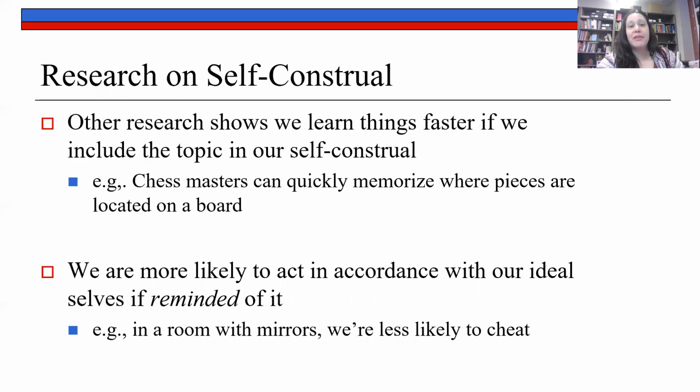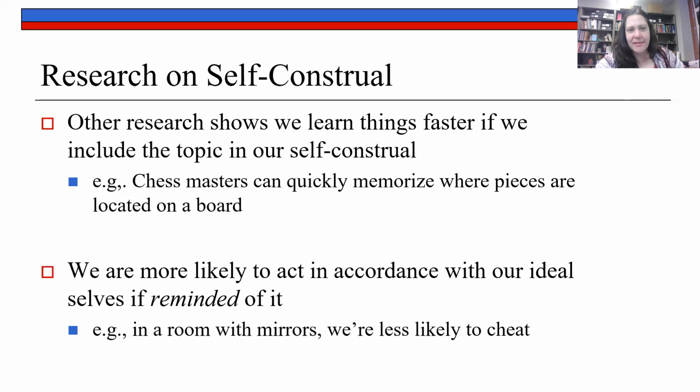And it's because they probably think of themselves as good at chess. So again, we see that kind of self-fulfilling prophecy, but it's also because they have more experience. So they can immediately recognize which is the pawn versus which is the queen versus which is the rook, right? So the idea is that how you view yourself can help or hurt how well you do at a given